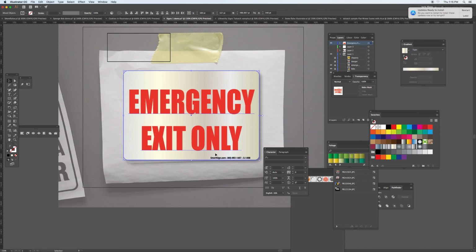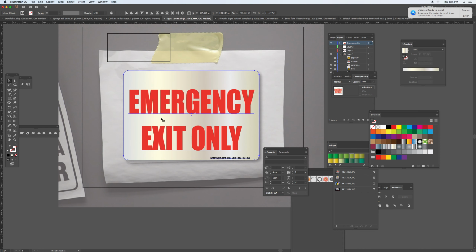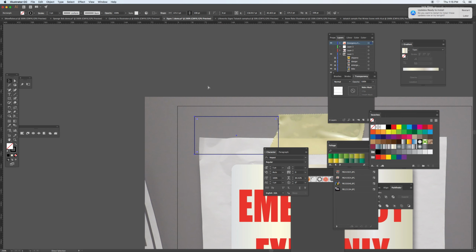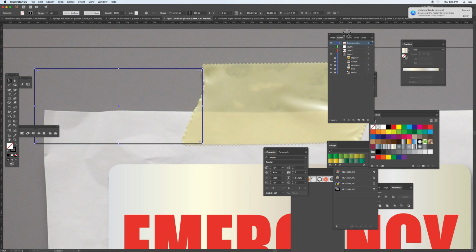emergency sign with all these graphics placed in here. So that puts it in there, sets it up, and then, like I said, trying to do a little bit of the tone, which we'll do in a second. Up here, this is the rectangle for this large piece of tape. Okay, so you can see the